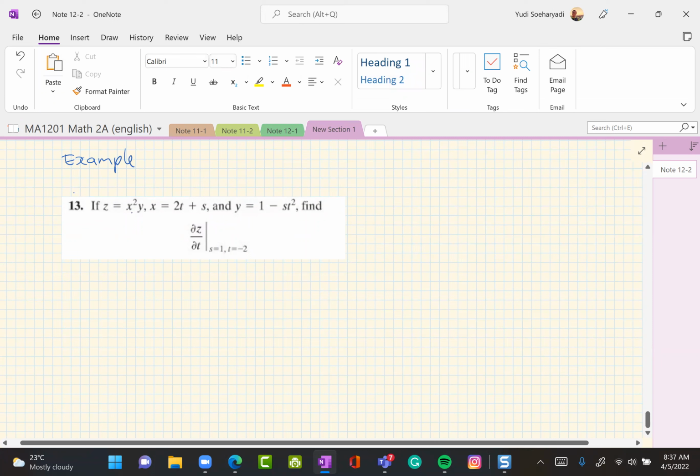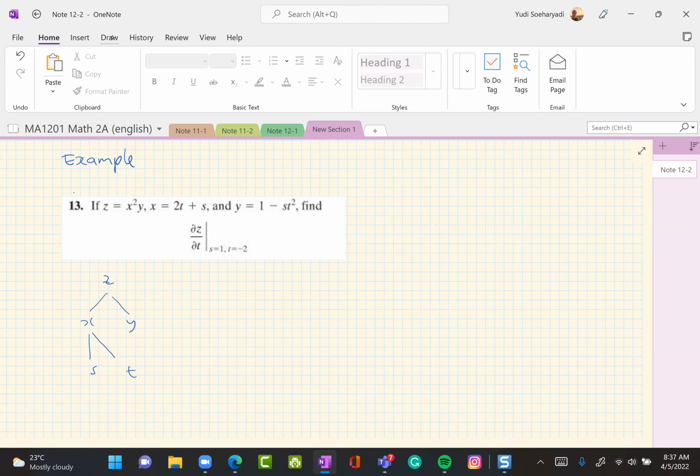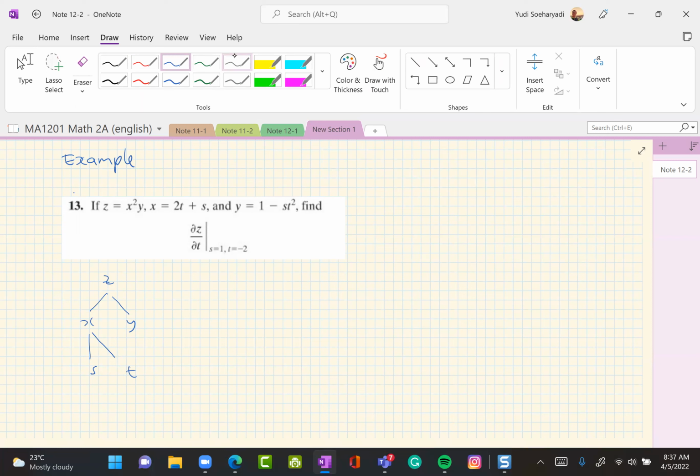So z is a function of x and y, diagrammatically. x is a function of s and t. y is also a function of s and t. So we have s, t, and